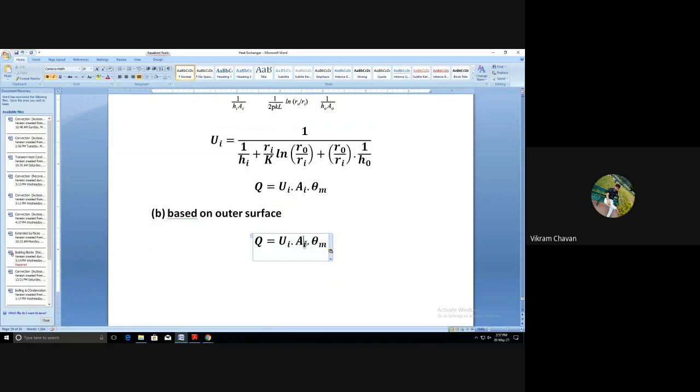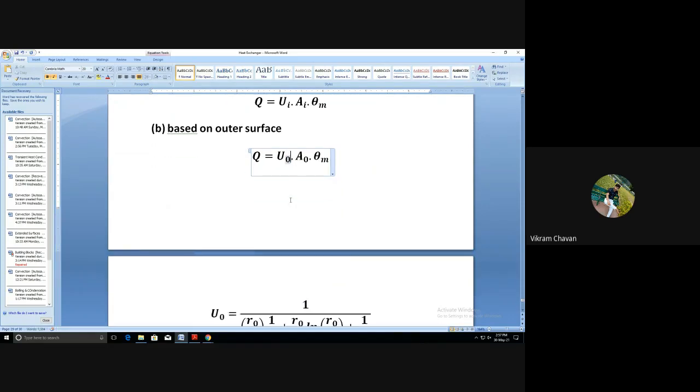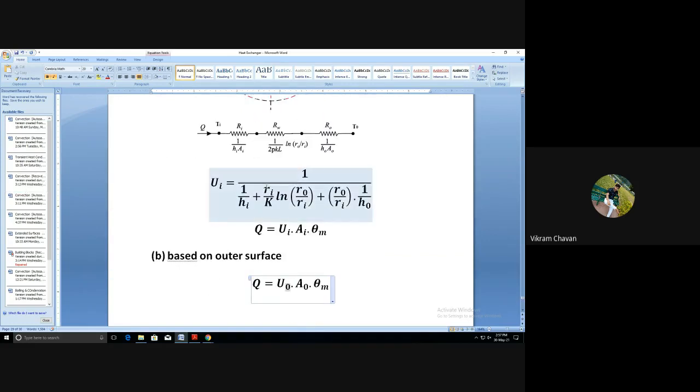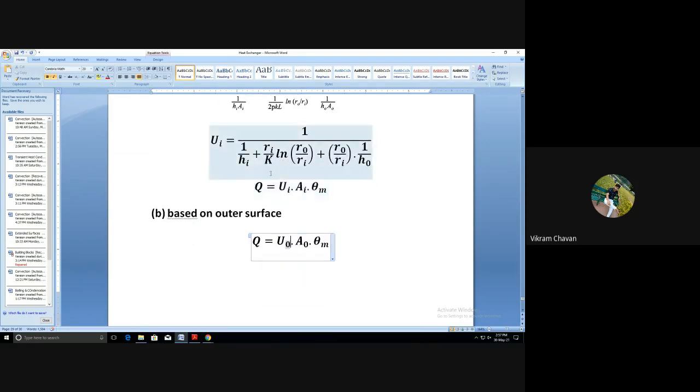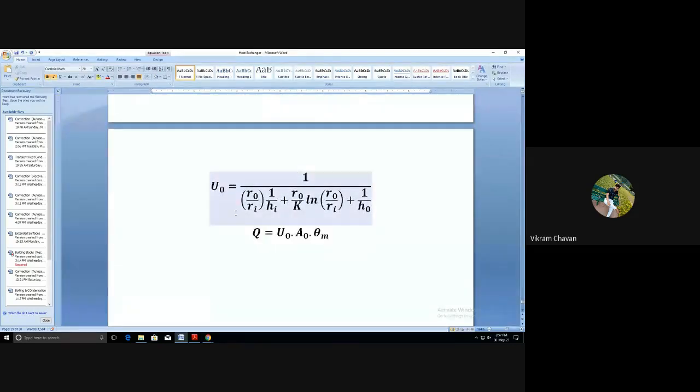Okay, and you have taken here the external surface area, then the overall heat transfer coefficient will be considered as the overall heat transfer coefficient based on the outer surface area. So in that case, from the resistance, you have to take 1 upon A naught common, shift it to the numerator side, and whatever the remaining part is there will be considered as the overall heat transfer coefficient based on the external surface area.